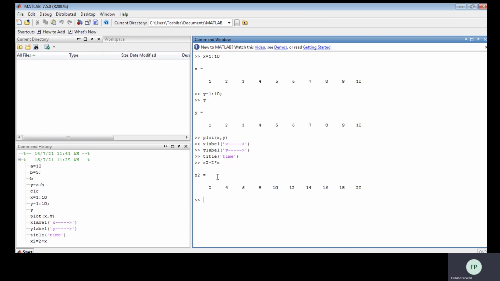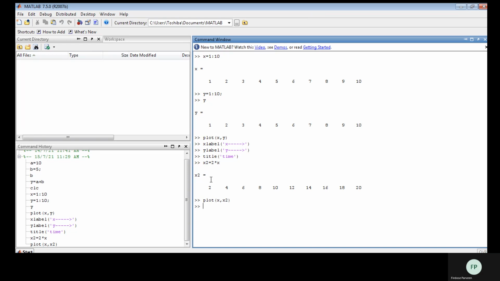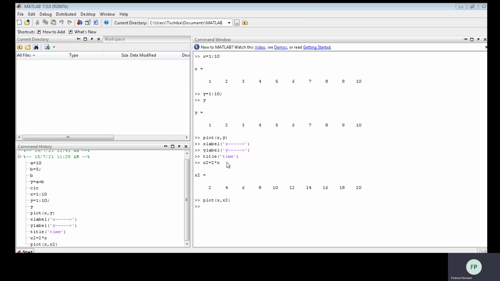Now let me plot x2 by writing plot x comma x2. This is another figure.